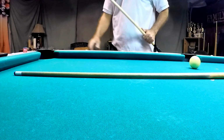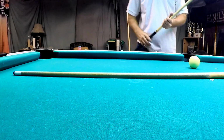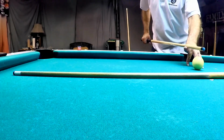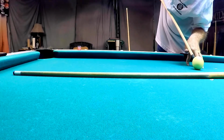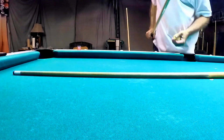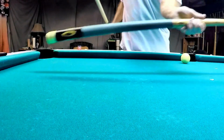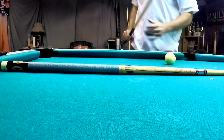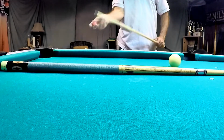Just remember, it's good to get your alignment set before you get down over the cue ball to where you want to jump, and you'll get used to how hard or firm you need to stroke through in order to get more distance. You're not going to bring your cue up as high if you need to jump further. And if you need to get the ball up quick, you're going to need to raise the cue up probably a little higher than the 45-degree angle. And then just commit to the jump, stay down, stroke through,